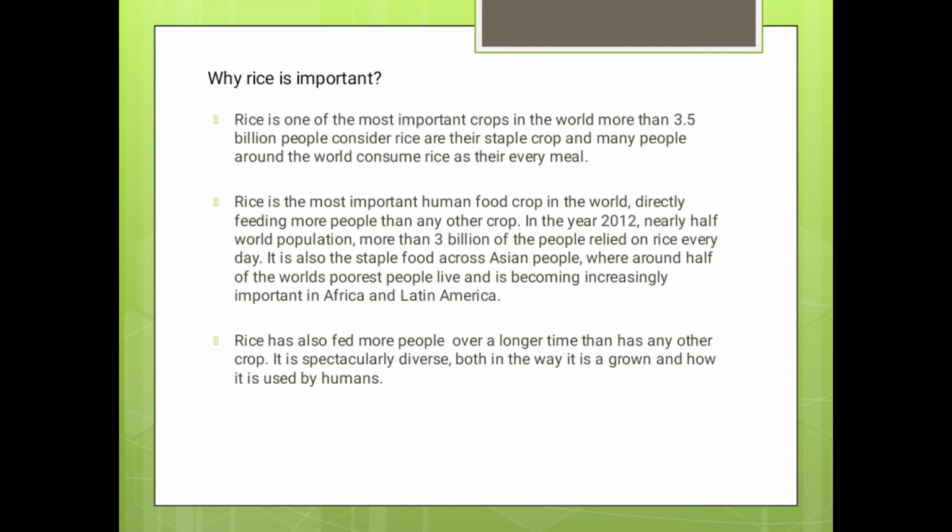In 2012, nearly half the world's population, more than 3.3 billion people, relied on rice every day. It is also a staple food across Asia, where around half of the world's poorest people live, and it is becoming increasingly important in Africa and Latin America. Rice has also fed more people over a longer time than any other crop. It is spectacularly diverse, both in the way it is grown and how it is used by humans.